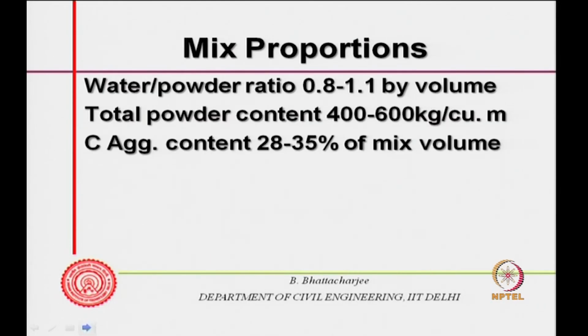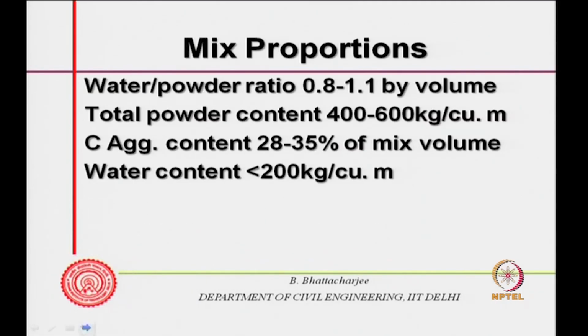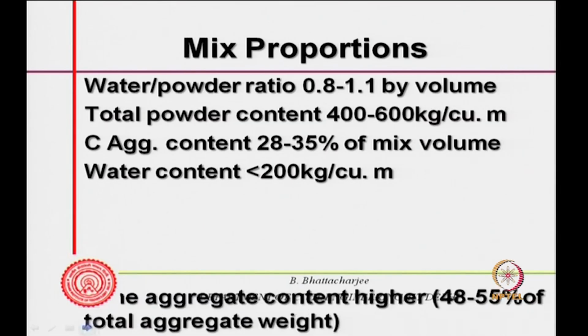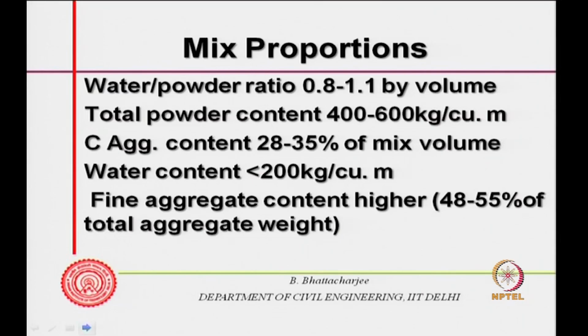Powder, remember, means cement plus even fly ash or any other inert material. So, all that constitutes powder. Coarse aggregate content is 28 to 35% of the mixed volume, and water content is less than 200 kg per cubic meter. Fine aggregate content is generally higher in this one, 48 to 55% of total aggregate,